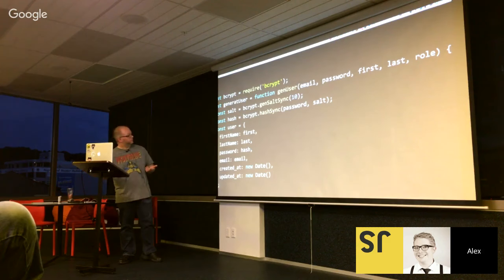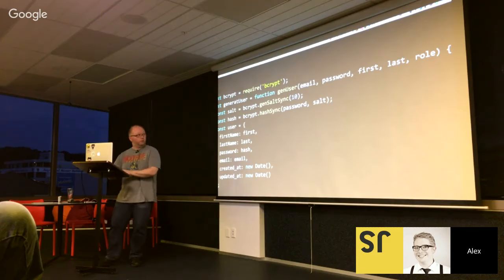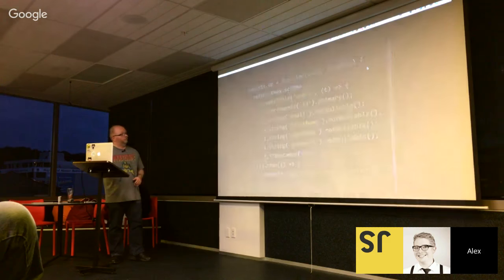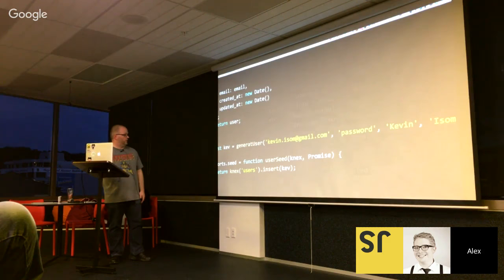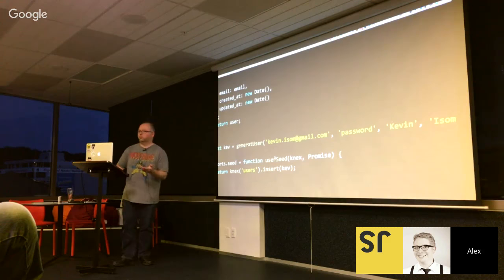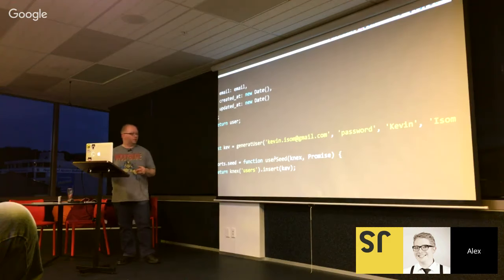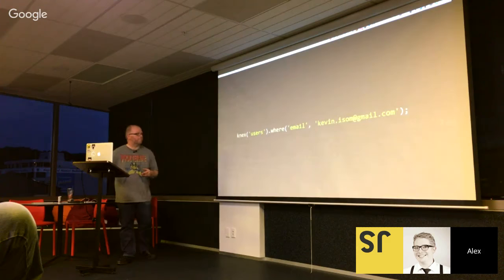What is this doing? Sorry. This is just generating a user. I can't actually see it, let me scroll up. Okay, sorry. This is a seed, where I'm just inserting a user. Ignore all the other stuff, my apologies. Here I'm just inserting that one object I used to generate that function. So it's quite simple code. I made it overly complex because I just copied and pasted some seed code I'd already written. So that's what it boils down to if I want to select.